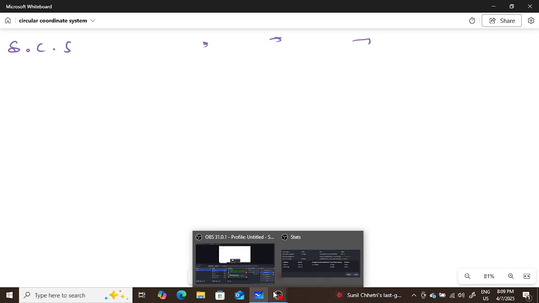Next important thing is the dot product and cross product of vectors, because when you want to transform vectors from one coordinate system to another coordinate system, you will come across the multiplication of two different unit vectors. For example, when one vector is given in the Cartesian coordinate system and the other vector is given in a cylindrical coordinate system, when you try to multiply both the vectors,